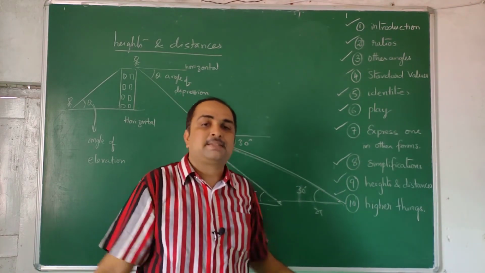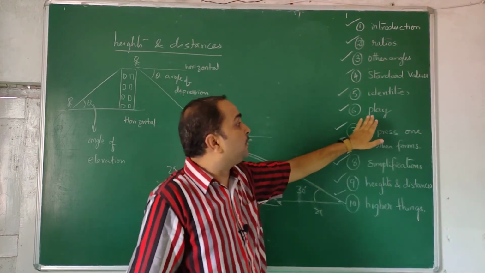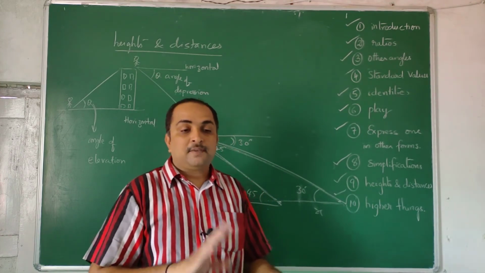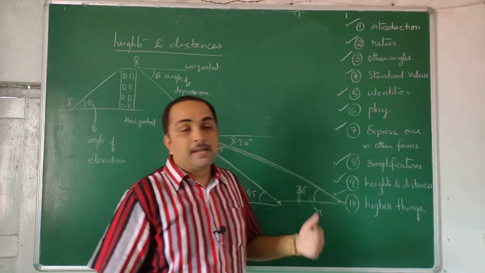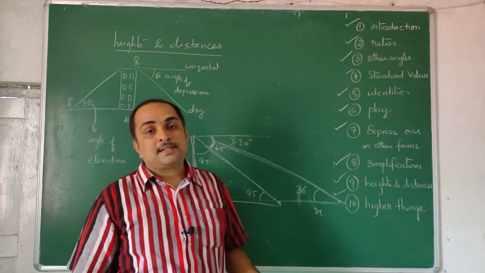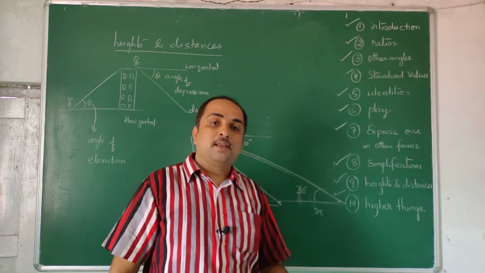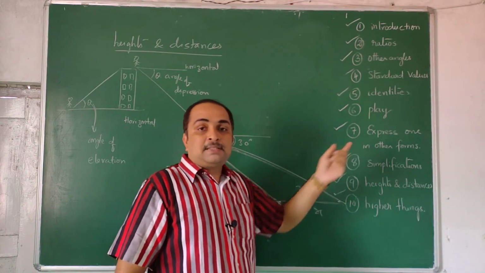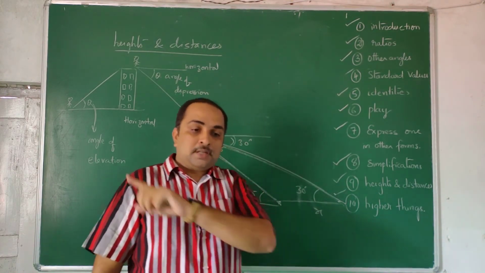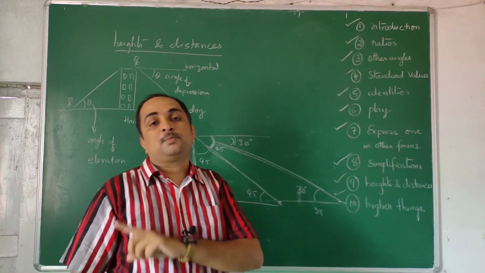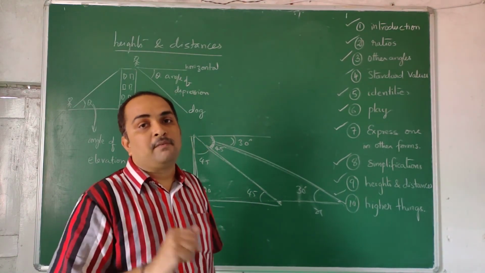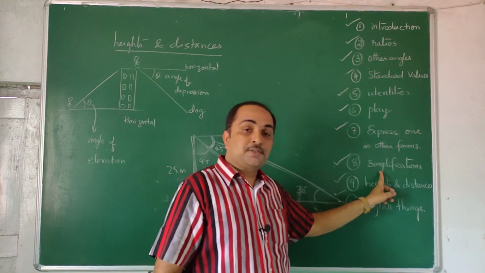Throughout my lecture I will tell you only one word which will not be given in textbooks: play. Take some triangles, draw them and go on doing it. Check it with a calculator. Or take some elementary book, particularly ICSE books, even CBSE books are good, or whatever book is available to you. Express sin theta in terms of all theta, express cos theta in terms of all theta, express tan theta in terms of all theta. That means you should be able to write cosec theta in terms of tan theta whenever suddenly required in simplifications. Next is simplifications.